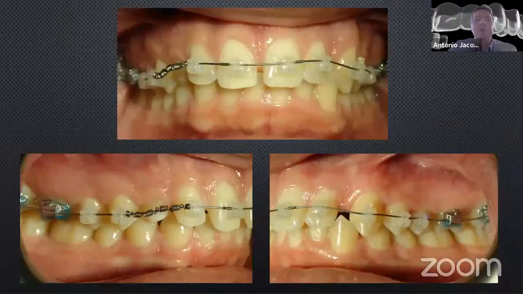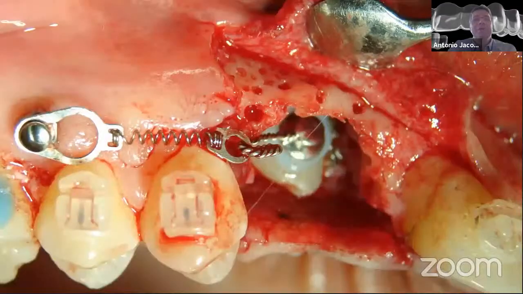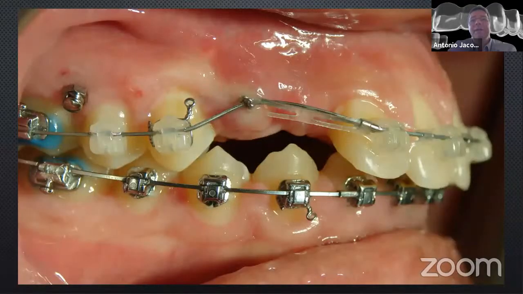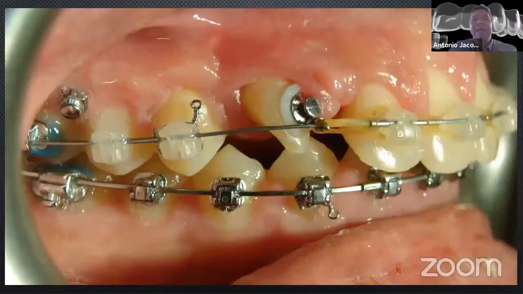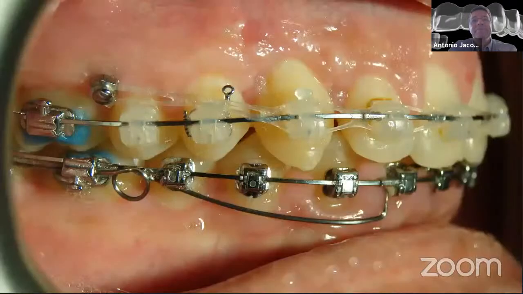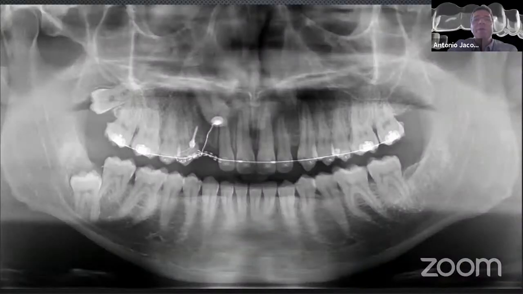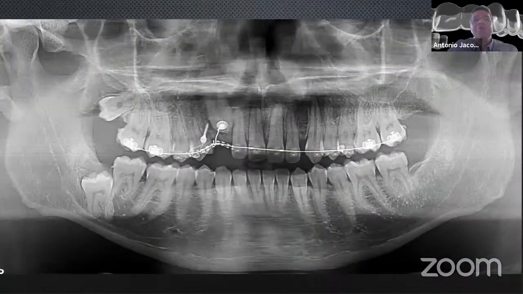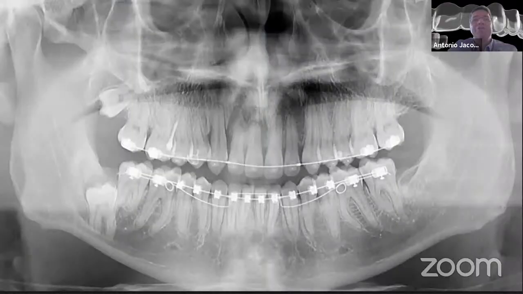So what we did, we opened the space and we did a surgery using mini implants and corticotomy and this coil spring to bring the canine to the proper position. And then you use simple mechanics using self-ligating brackets to bring these canines into position. And now we are just finishing the case, and these X-rays show how we can manage the impacted canine